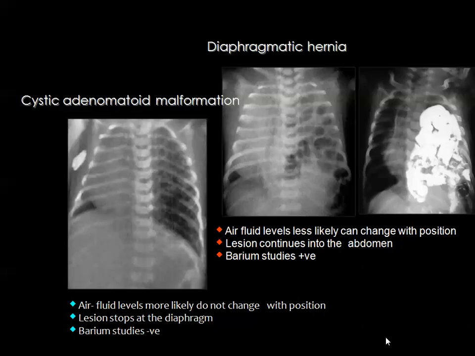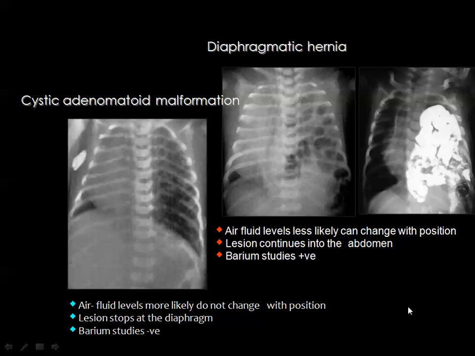Whenever you give barium in the colon or by the oral way, you can see that barium, or let us say gastrografin, sometimes will go inside the lesion which is located in the chest, confirming the diagnosis of